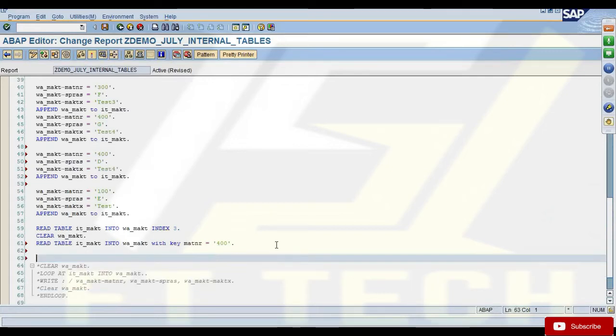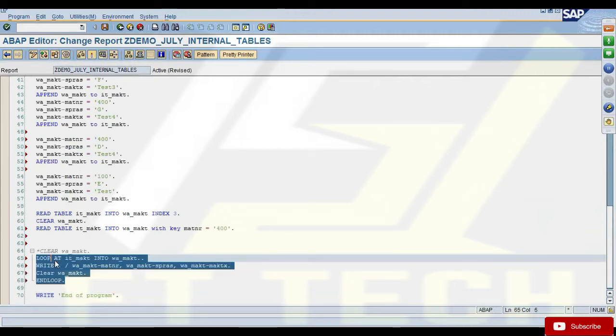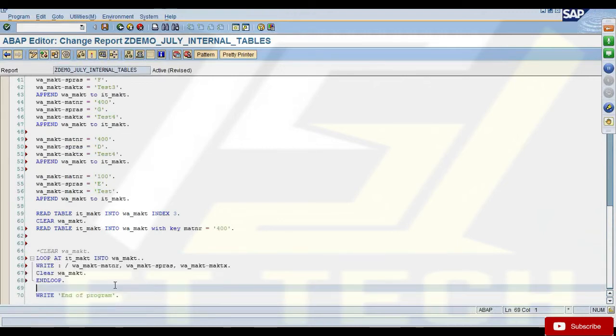So how do you process more than one record? Anytime you want to process more than one record, you always loop your table. Read statement will always process a single record, so remember that. If I say loop, it will process all the records one after the other, but I want only the two records where material is 400.